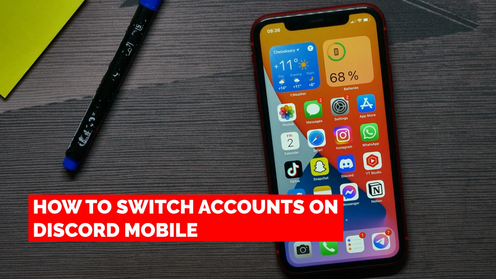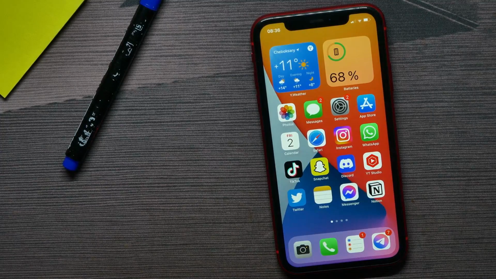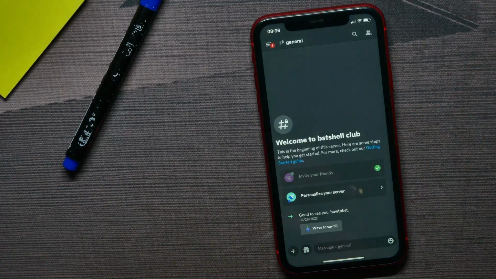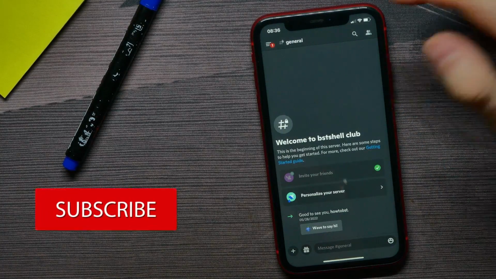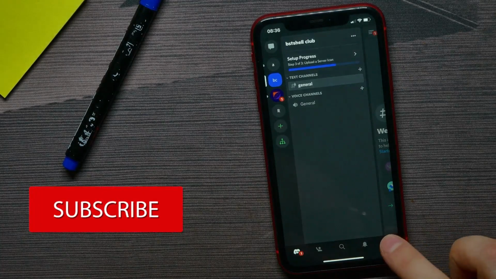In this video, I'm going to show you how to switch accounts on Discord Mobile. That is quite simple and easy to do, so let's begin. First, open up the Discord app and now let's hit here at the 3 lines icon and then hit at